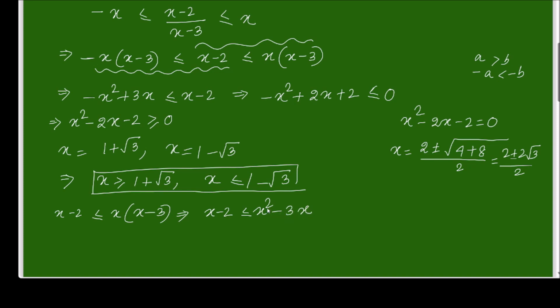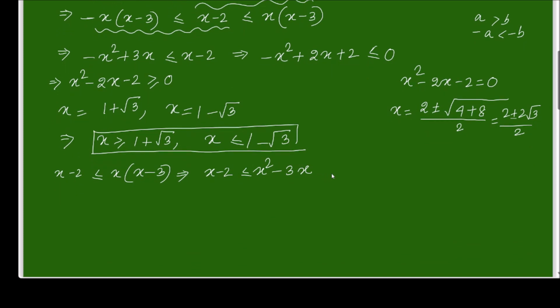Taking everything to one side, I'll get minus 4x plus 2. So taking to the left hand side, x square minus 4x plus 2 is